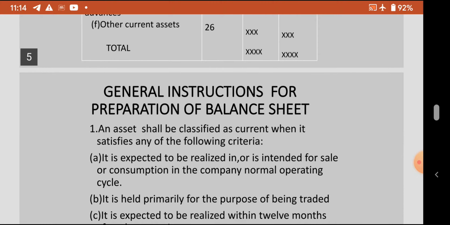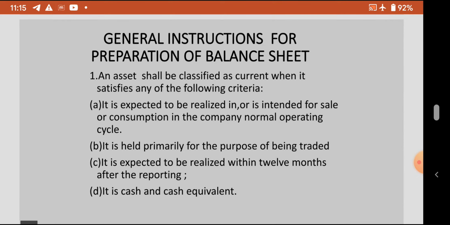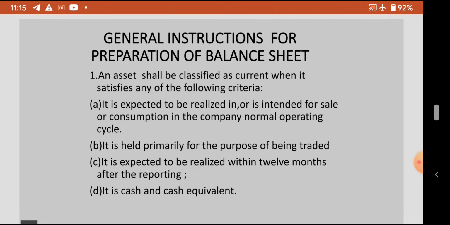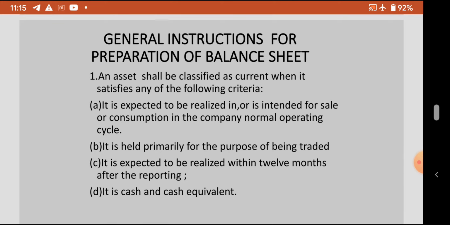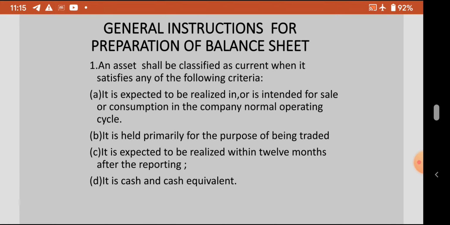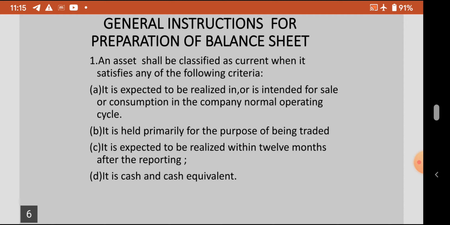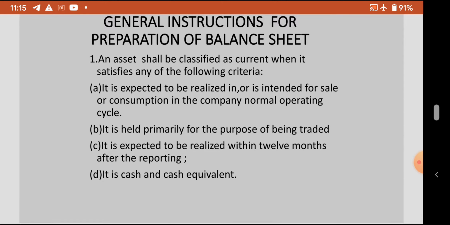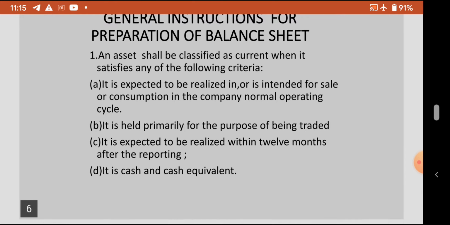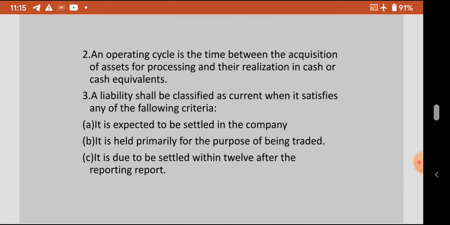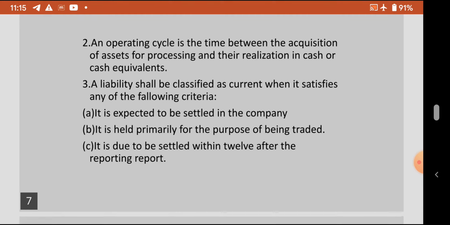So here we are looking at the general instructions, or the different schedules, and how they are prepared. An asset shall be classified as current when it satisfies one or more of the following criteria. It is expected to be realized in or intended for sale or consumption during the normal operating cycle. It is primarily for the purpose of being traded. It is expected to be realized within 12 months after reporting. It is cash and cash equivalents. An operating cycle is the time between the acquisition of assets and processing and their realization in cash or cash